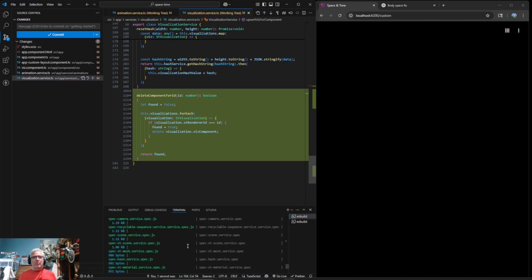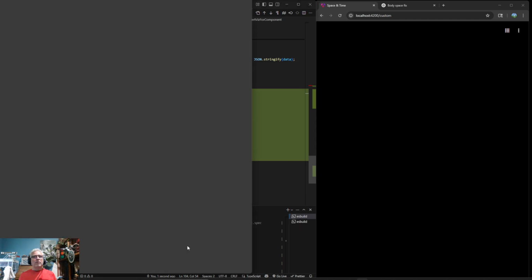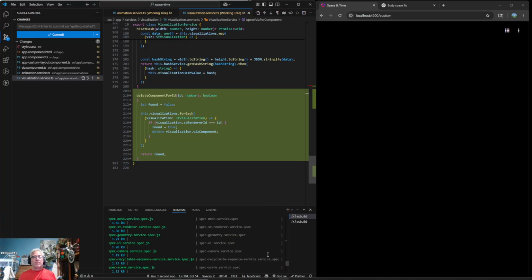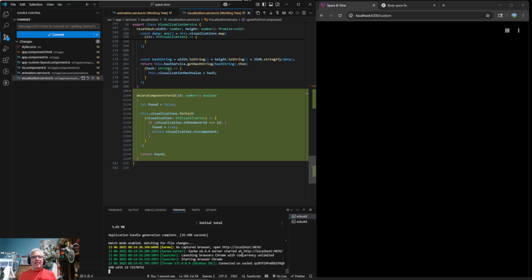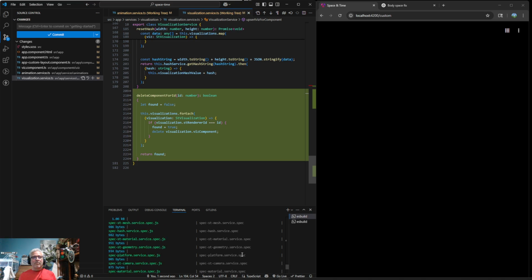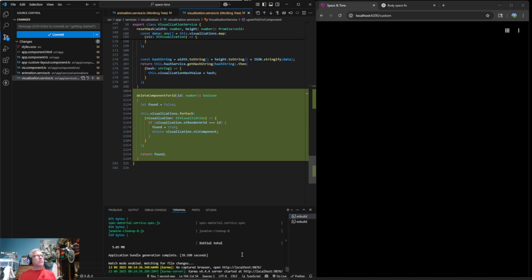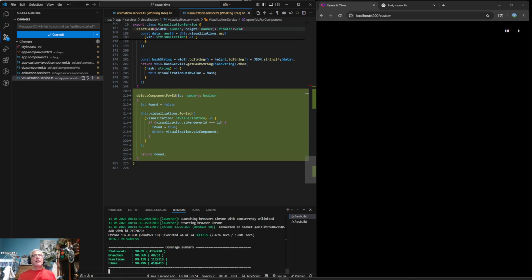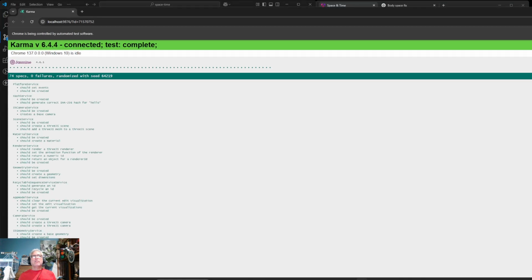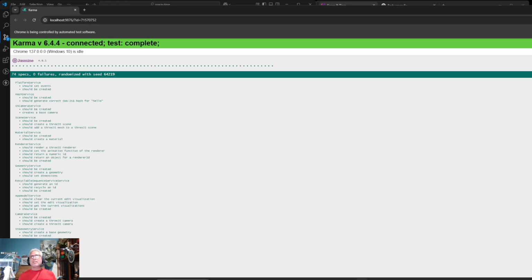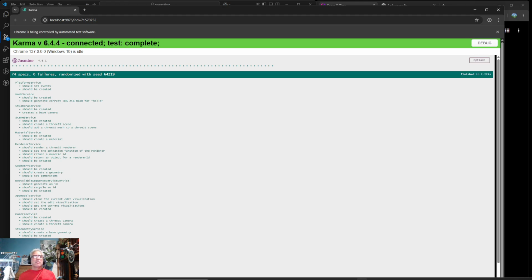See, did we get 100%? Kind of looks like it. Maybe it's at the end. That looks different now, though. I guess it was still running. Not 100%, but did we get all tests passed? It looks like all the tests passed. So that is a good sign.